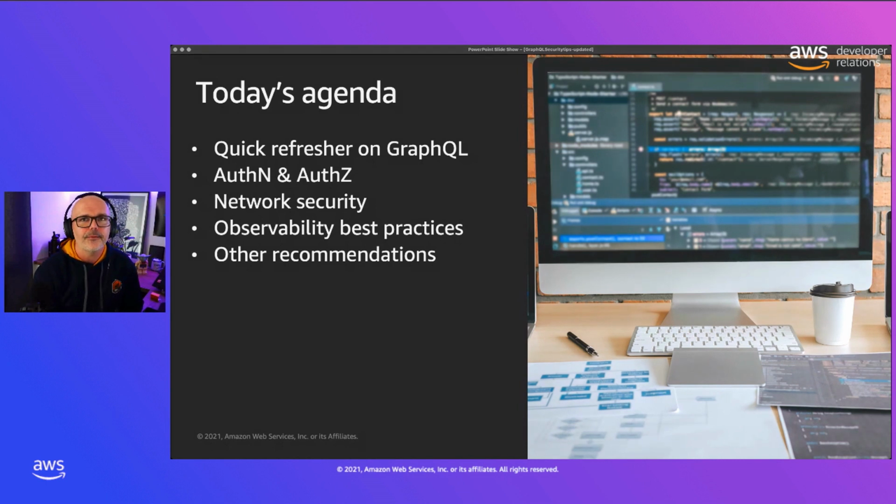Then we'll talk about two areas, networking and observability, that you can look at to increase the availability and the performance of the same APIs. We'll take you through some best practices you can deploy. And then finally, we'll look at the tools that you can use to deploy these capabilities reliably and with confidence into production. So let's jump ahead and get started.